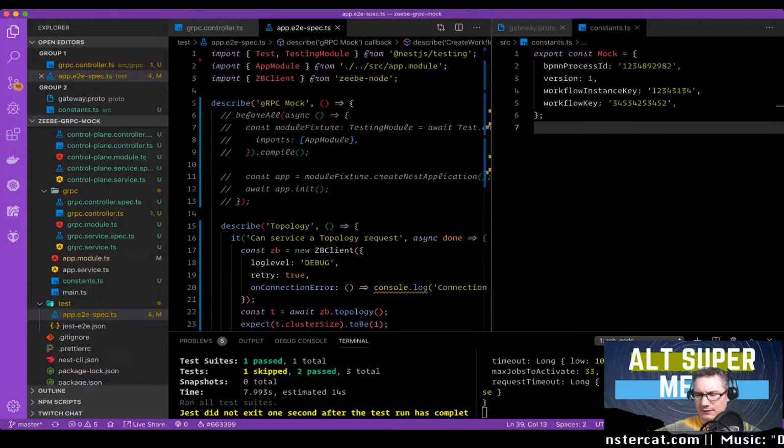Really, I'm building it for a single use case, which is I want to be able to test this behavior that's difficult to simulate with the broker in CI, which is the resource exhausted broker back pressure. I can simulate anything else just using an actual broker in CI. So in our build system for Zeebe Node, which at the moment builds in Circle CI, we have a Zeebe broker container that runs,